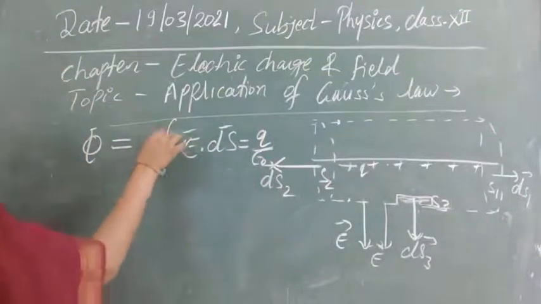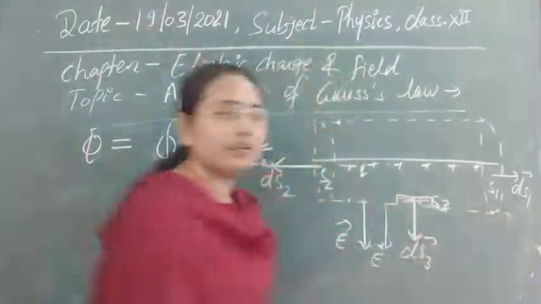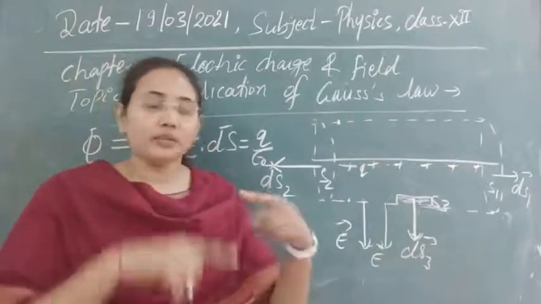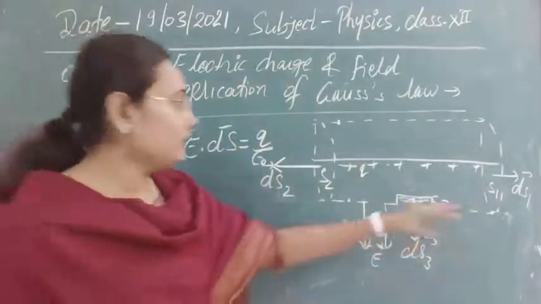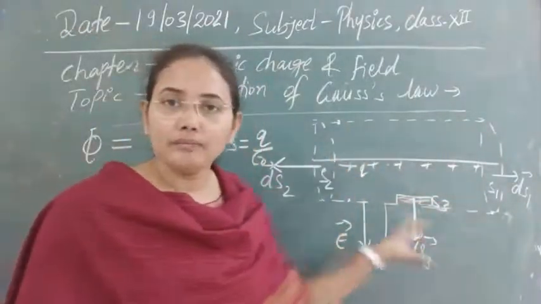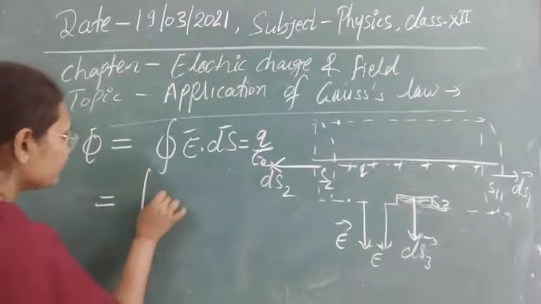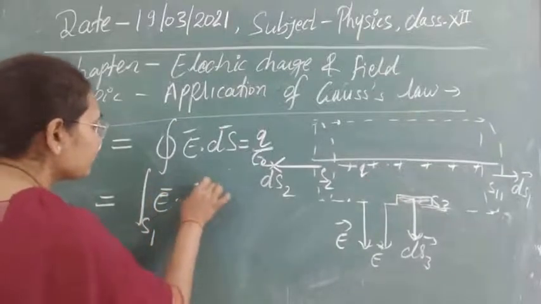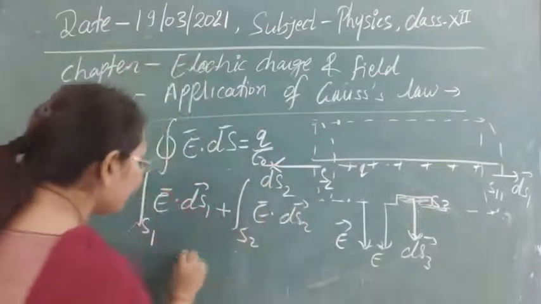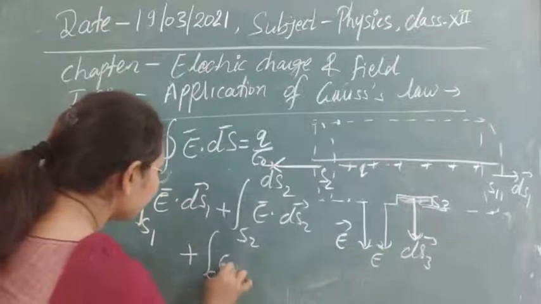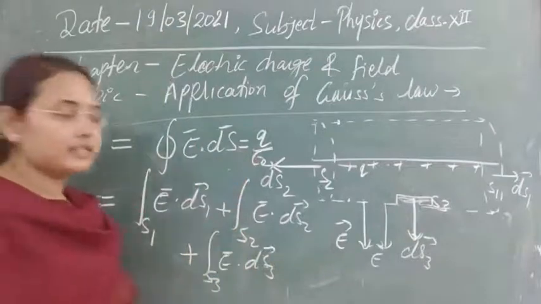So this is what I just told you, this is the closed curve. Means here if we start from this point, go here, and again come back here, then that is called the closed curve. In this way, if we divide the whole area into three parts, S1, S2 and S3, then we can easily get the whole cylinder from these areas. So we can write the integral over S1 of E dot ds1 plus S2 of E dot ds2, and last S3 of E dot ds3. We can divide it easily into three parts.